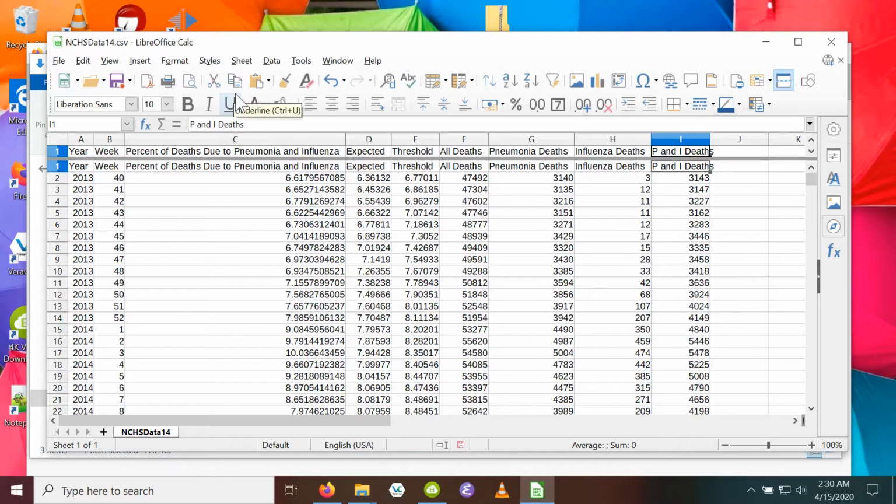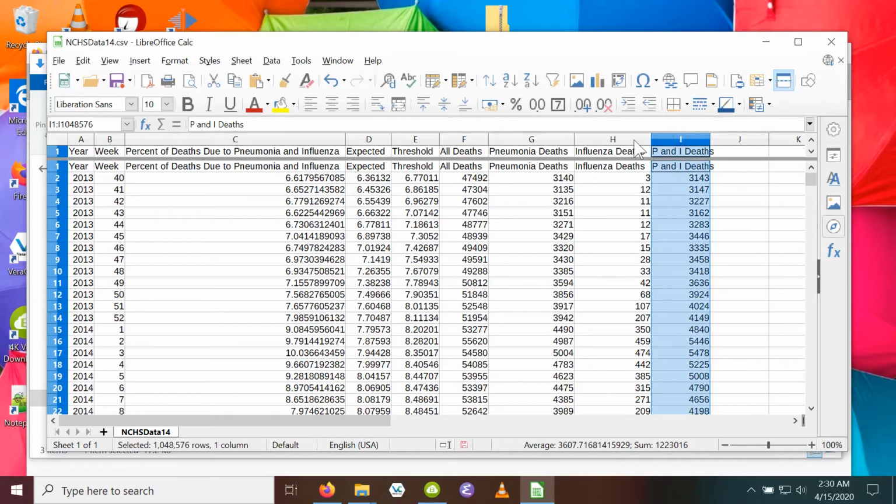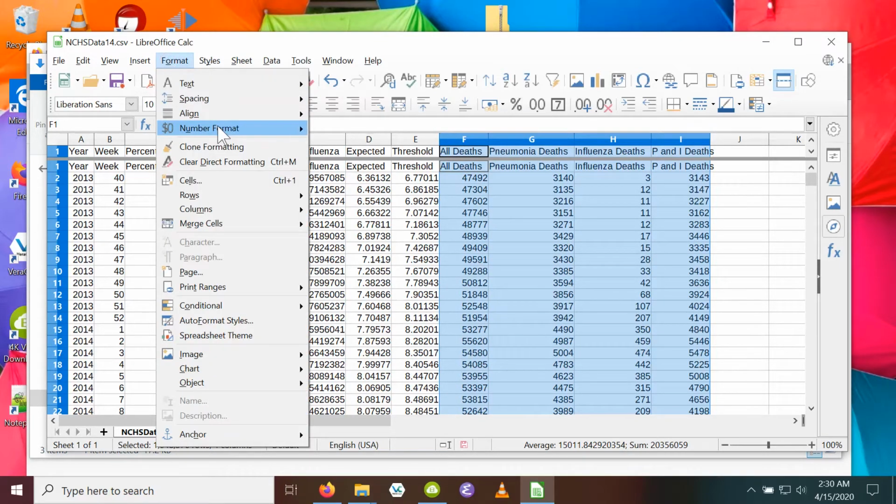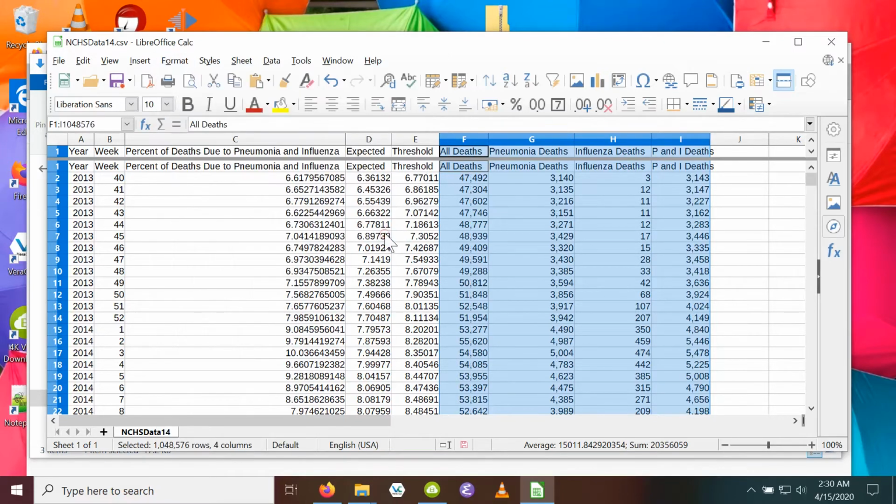We can easily see what's going on here. And now we're going to select here, and I'm going to control click to extend the selection out to here. And then I'm going to do format, number format, 1000 separator. That makes it easier to read and see what's going on.